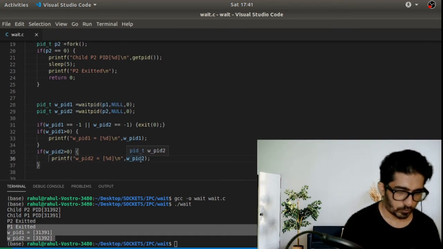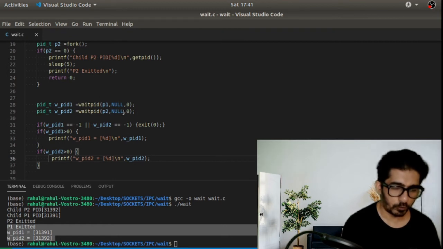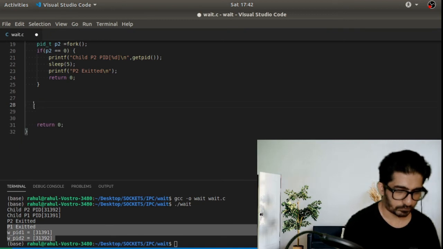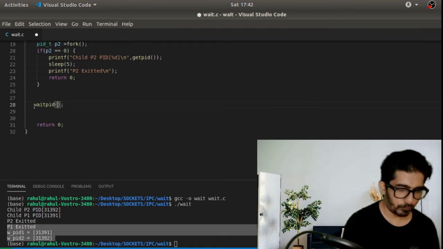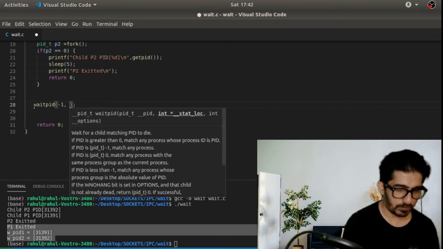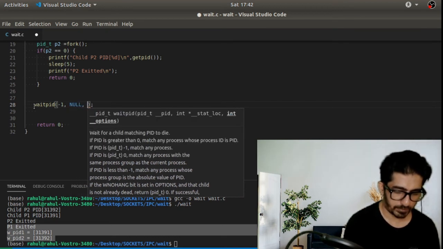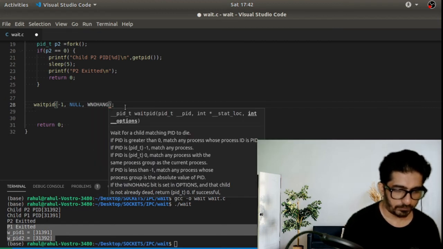Okay, so as we know, waitpid is a blocking call too. If we want our waitpid to return immediately, if there is no error in case of a child process, then we need to use some parameters. So let's delete this and use waitpid. There are a few parameters: we use -1 if we want to check any process that exited or any unusual behavior in the child process. Then we use NULL here, and then we use the WNOHANG flag.